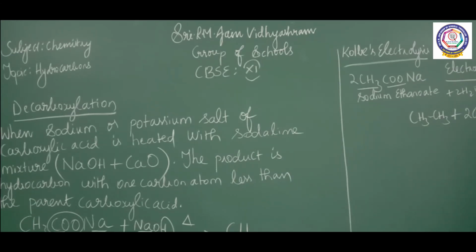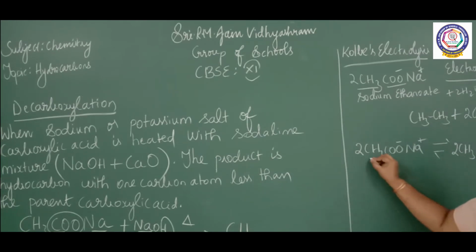Next step, what we are going to do? This 2 CH3COONa. So actually COO will be negative, sodium is positive. So CH3COO minus Na plus. What is happening? Again it's a reversible reaction. So how it splits? You will be getting 2 molecules of acetate ion and 2 sodium atoms.